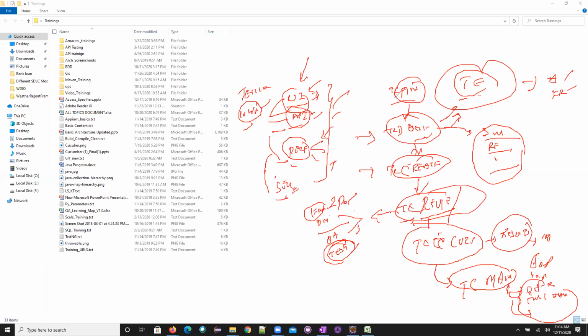If you see here, this is the life cycle which you will follow for test case management. First, analyzing and designing, creating the test case, then reviewing the test cases, executing the test cases, and then test case maintenance. And in these executions, whatever failed, from there the bug life cycle will be born.